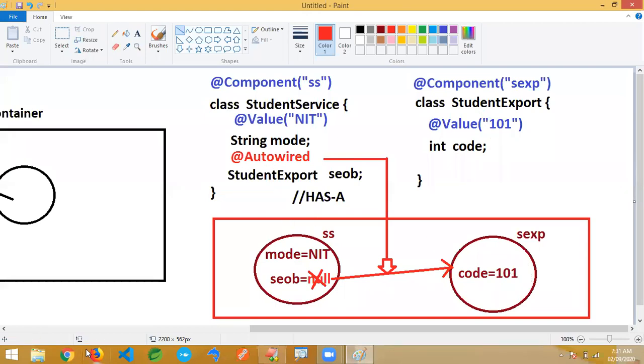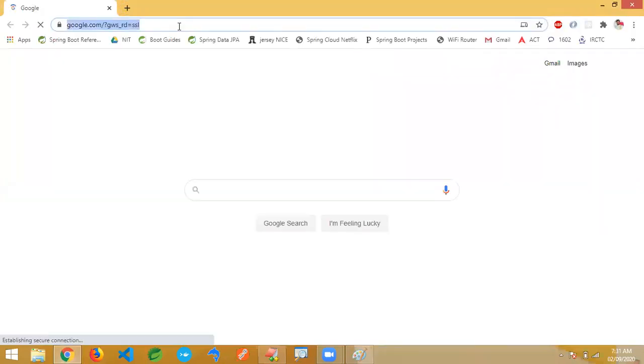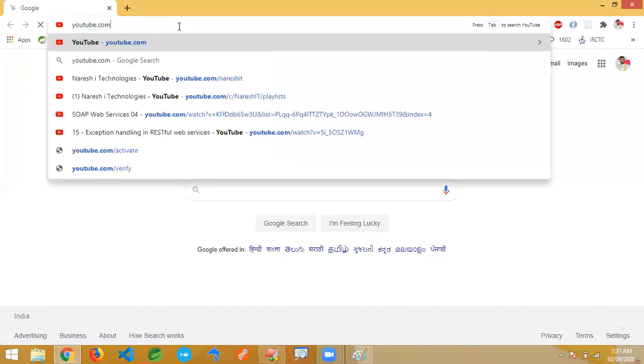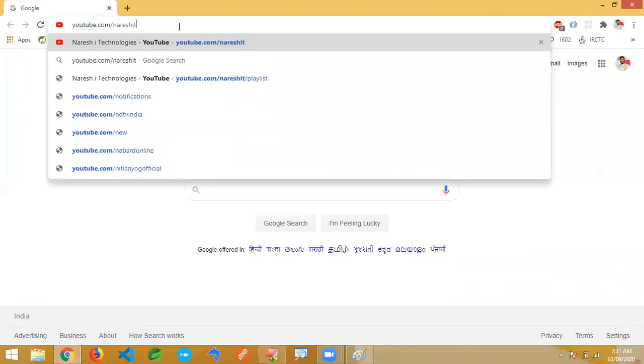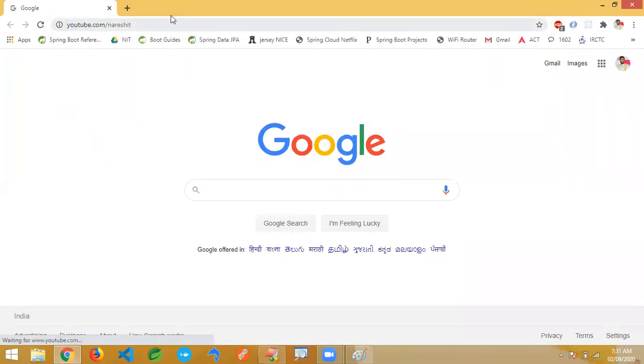Okay, you will be having some doubts like, what if multiple are there? How exactly are they going to be connected? Still, if you want to learn more right now, and you are not interested in waiting until that concept comes, I'll be giving a link here, you can go through that one.